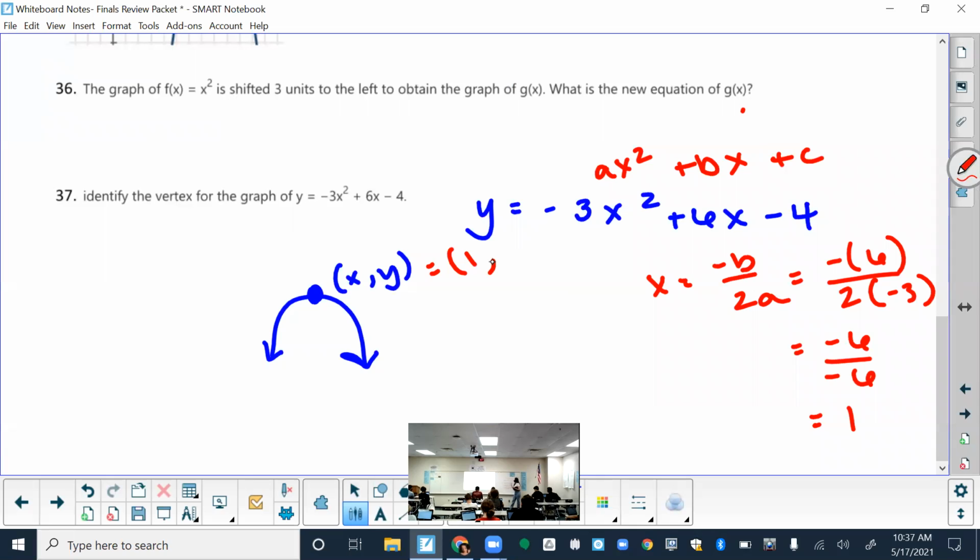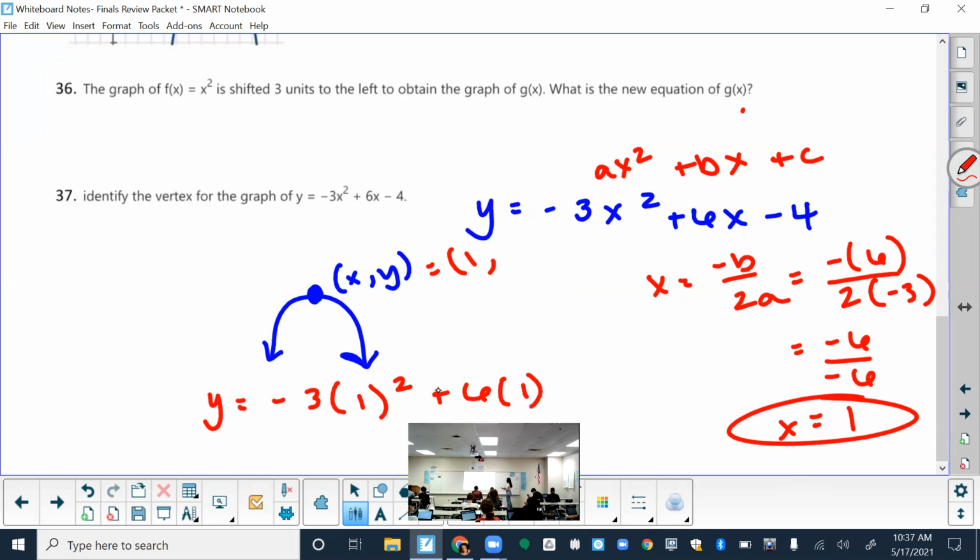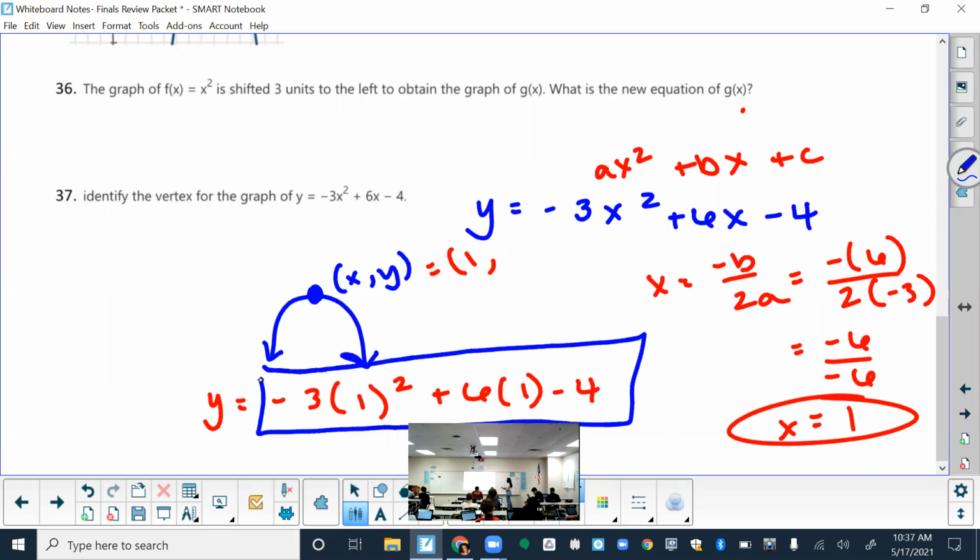How can I find my y value algebraically? Good. I can plug in my x value, which is right here, into this equation. And I know the calculator on Galileo is user-friendly, so I know you can enter it just like this. You can put this entire right side of the equal sign into your calculator on the final exam. And when you do that, what do you get?